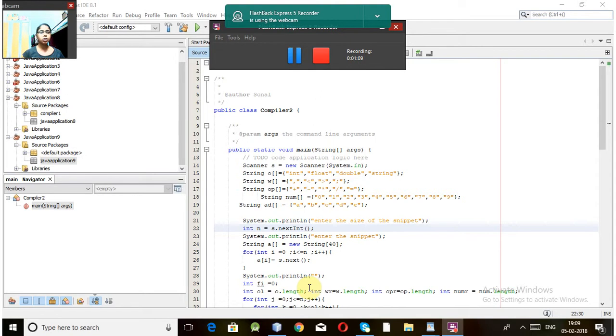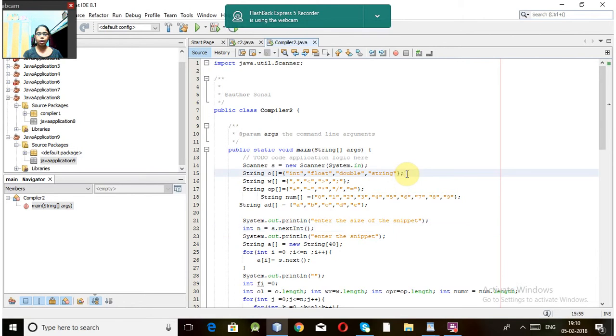Now I'm going to explain how the program is working and executing. This is the main program. Inside the main program we write a Scanner, because the user has to give the input. For that we need the Scanner class: Scanner is equal to new Scanner(System.in), and accordingly we have to import the library also. You can see here different arrays: one is for data types,